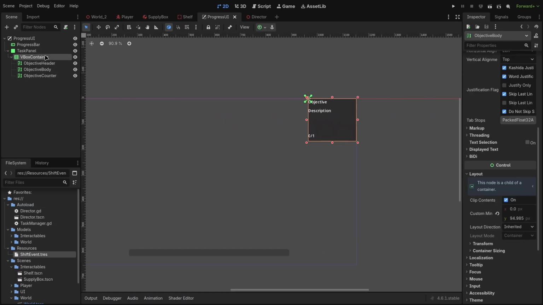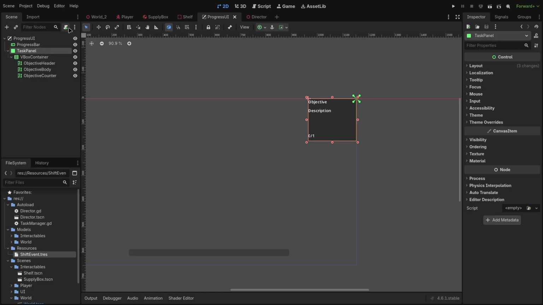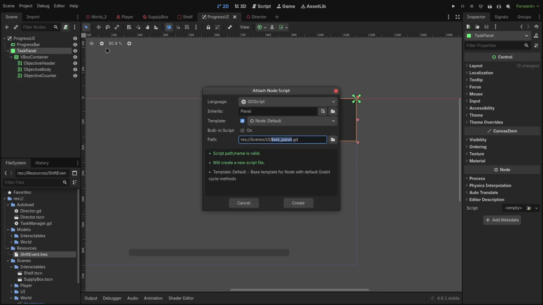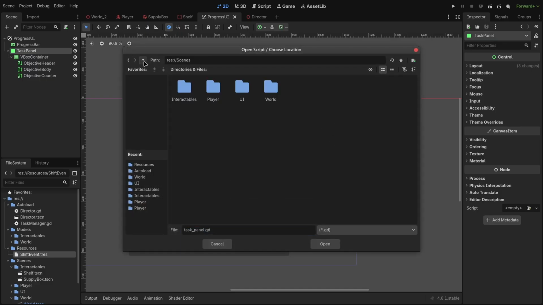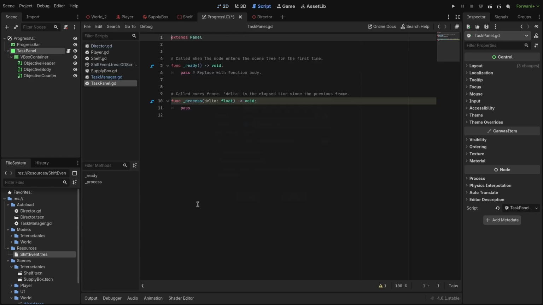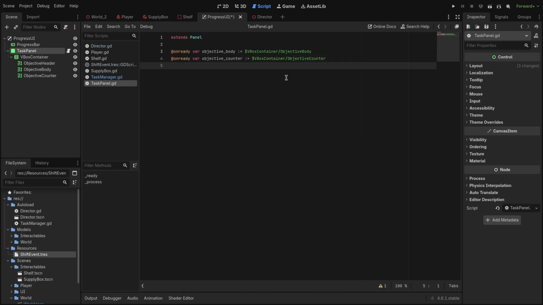So what we'll want to do is add in a script for task panel. So I'm going to go ahead and do that. And we'll open here because I'm going to save under a scripts folder. And I'll just create a separate folder called UI. And I'm going to rename this to taskpanel.gd. And I'll create. So what we'll want to do is I'll just remove all this,